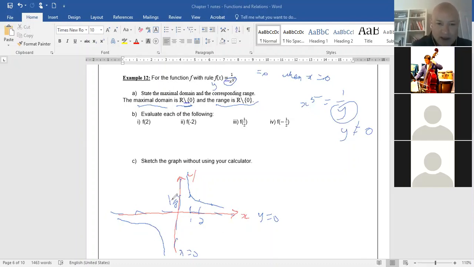Okay, we're going to go now back to part B, part 1. Evaluate each of the following, f of 2. And it probably would have been easier if I did this and then graph it, but it doesn't matter. So f of 2